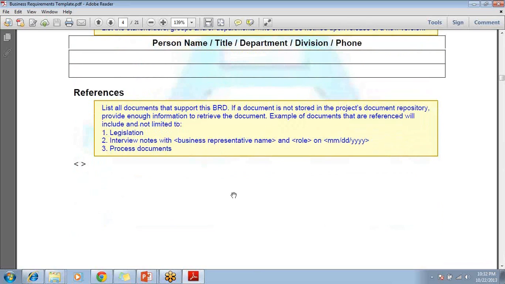References. What do you mean by references? Let's say there is a mandate. What is a mandate? Mandate means it's happening because it's required by the regulation. By law, that project needs to happen. Wherever that law is published, always publicly on some link, or maybe there is an attachment on the side track of this business requirement document, you can just name that document and also include it as an object in your business requirement document. So that becomes your references.